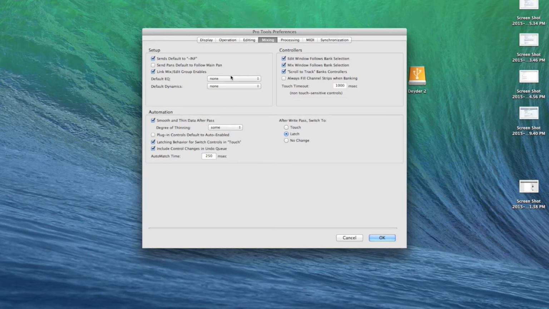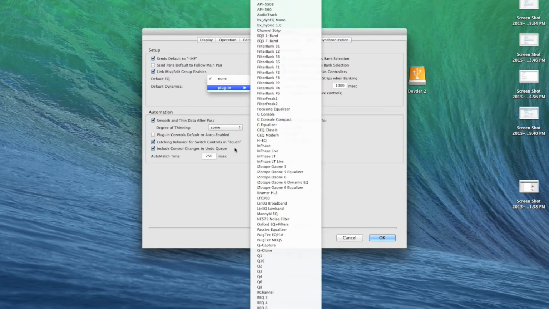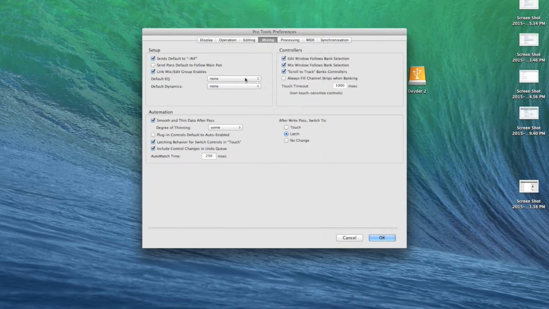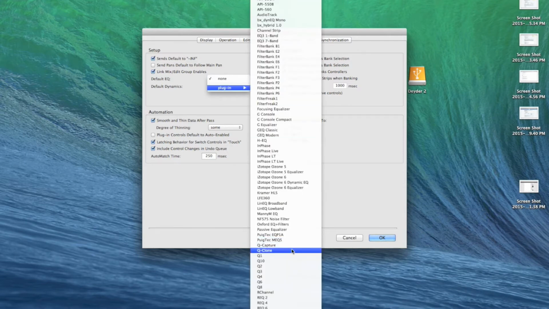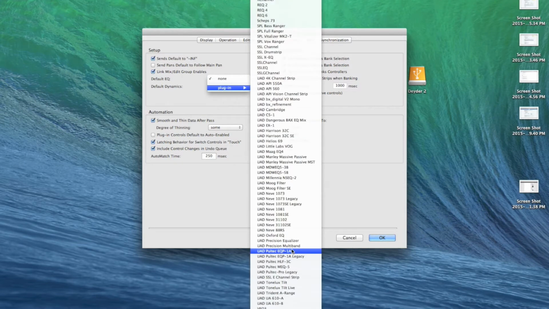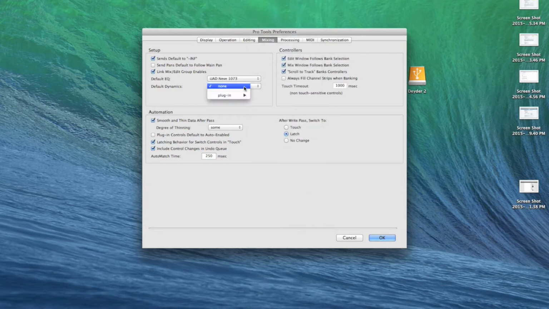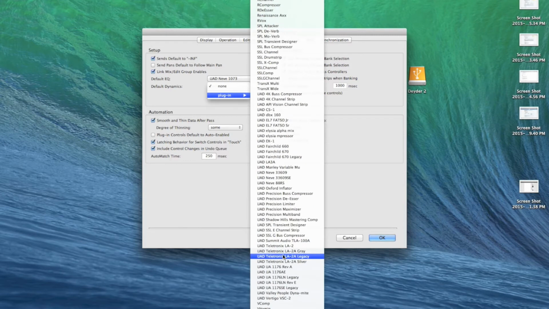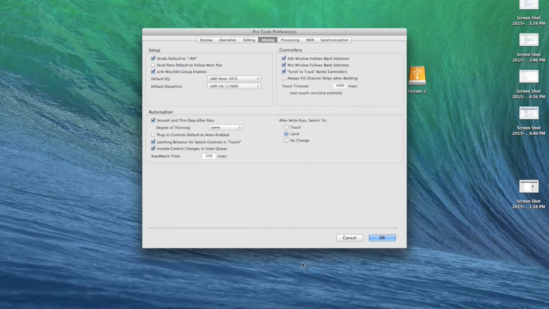Next, in the mixing settings, we have the default EQ and the default dynamics. These are fantastic because they allow you to just do a quick plugin setup with just one click. And you'll see they'll show up right away, instead of looking for the plugin. My favorites are the 1073 EQ from UAD as well as the 1176 AE from UAD. They're usually a great start. I use them on almost every vocal.